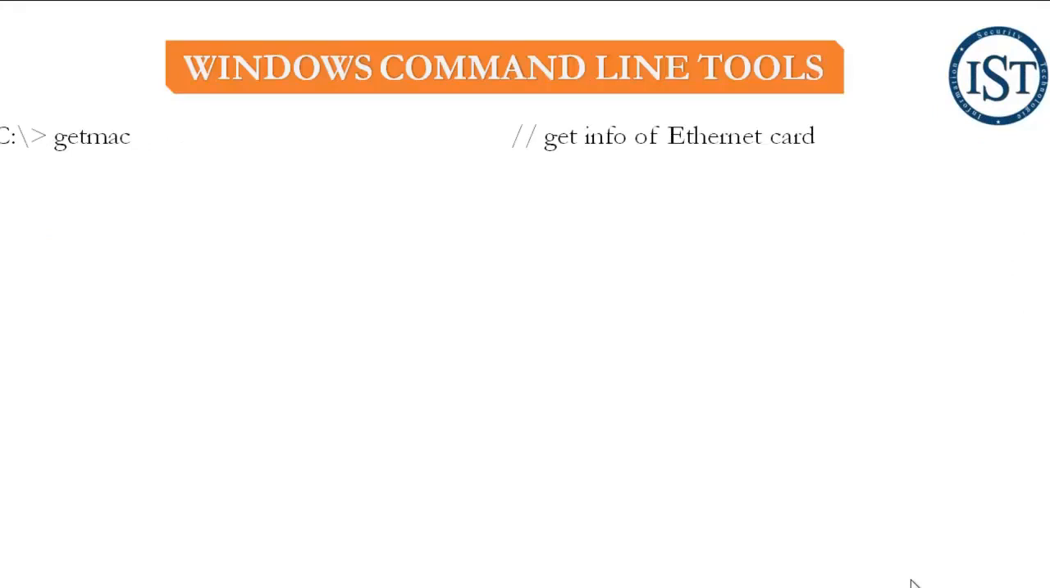The first command is getMAC. It gives the information of the Ethernet cord. And the next one is ARP-A. It converts the MAC to IP. ARP-G. This is very similar to our ARP-A. And the next one is